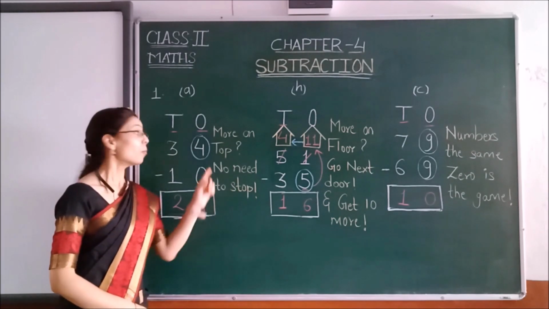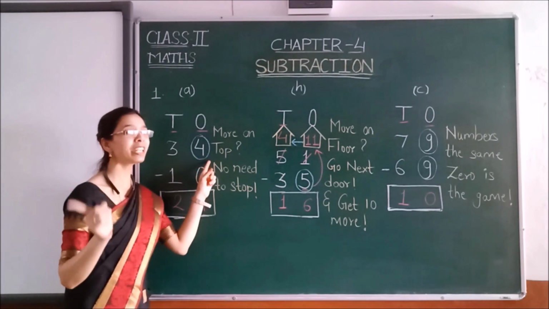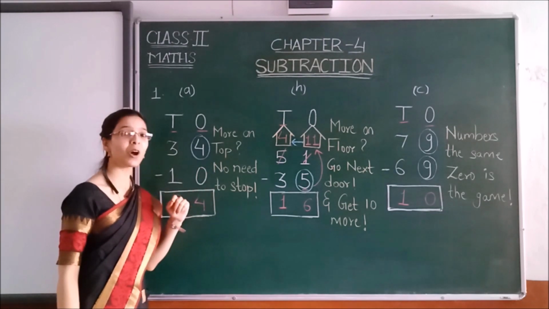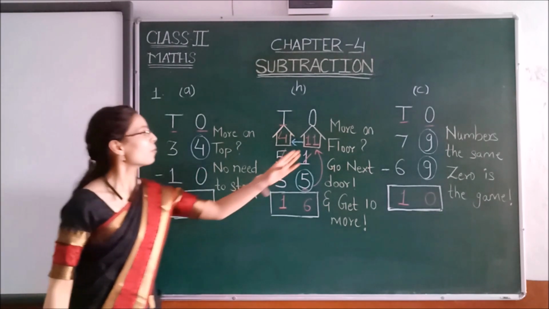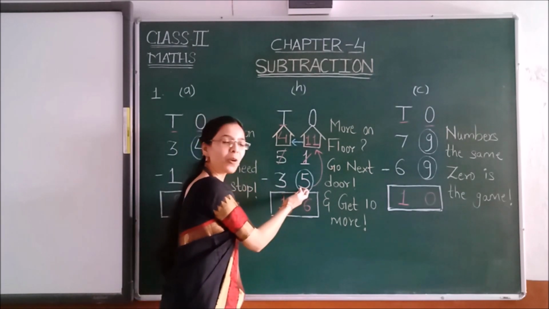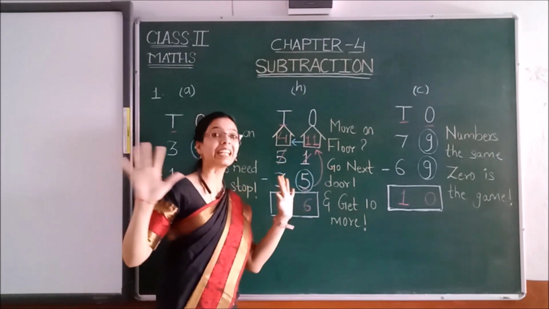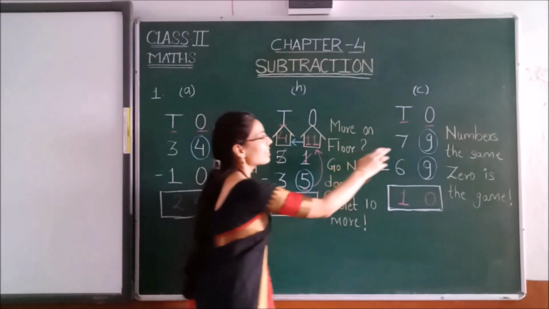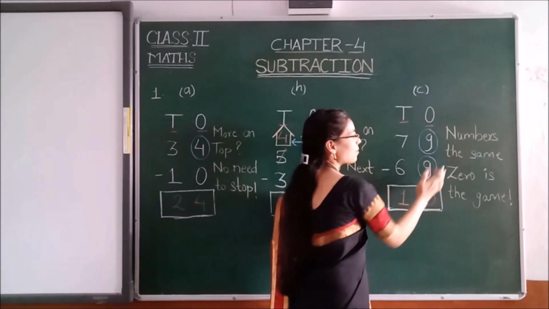More on top, no need to stop. More on floor, go next door. And get 10 more. See, numbers the same, 0 is the